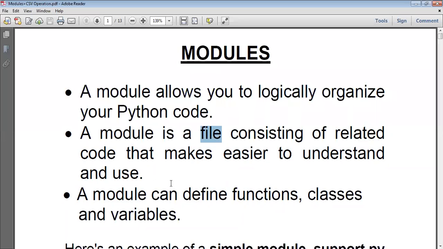If we are developing some project, we will use more than one file, right? For example, if we are using 10 files for a particular project, some code, some logic will be repeatedly used in many files.